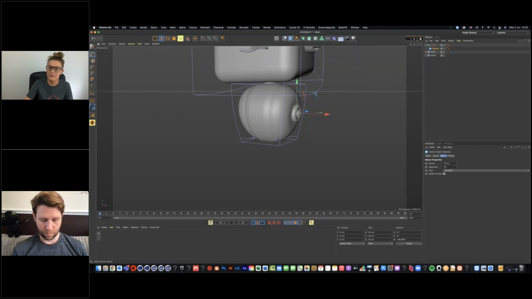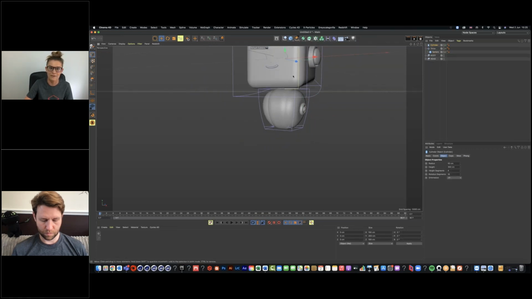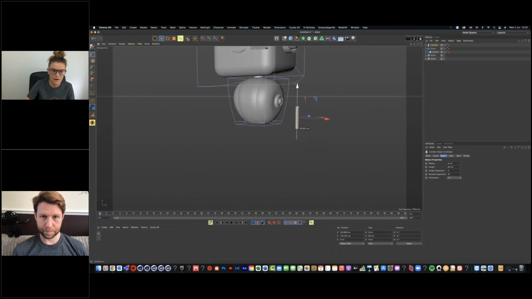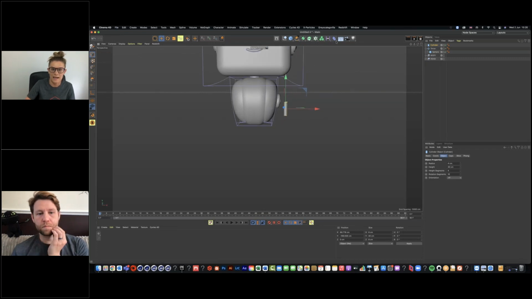And we can do that with a cylinder and then another Bend Deformer. So let me just position this a little bit down here. And then let's make this a bit smaller. And let's go maybe 60. So this is going to be the top part of our arm, maybe even a bit smaller, maybe 40. And we're going to grab our Bend Deformer, make it a child of our cylinder, and we're going to use that fit to parent. And then if we just drop this strength to a minus value,